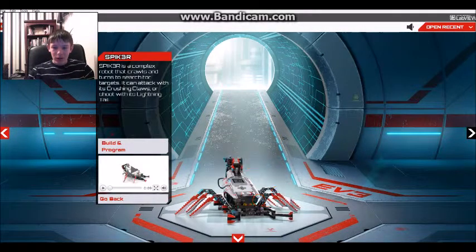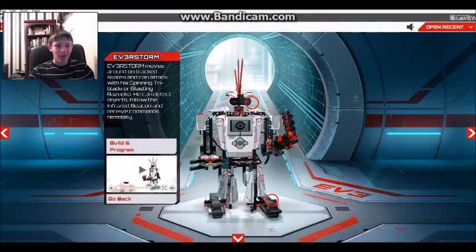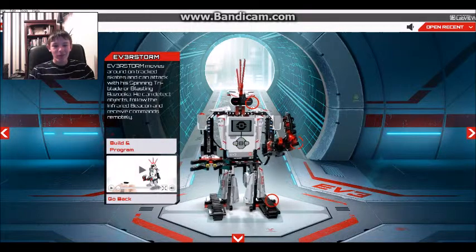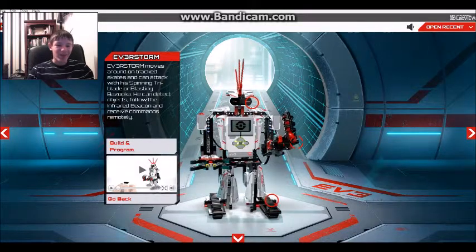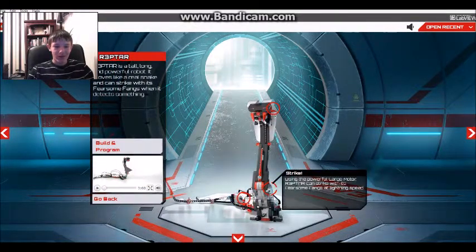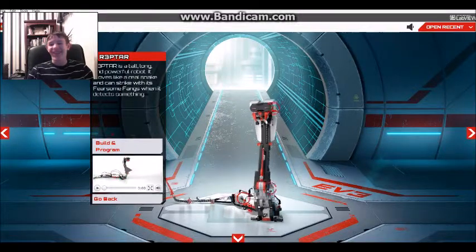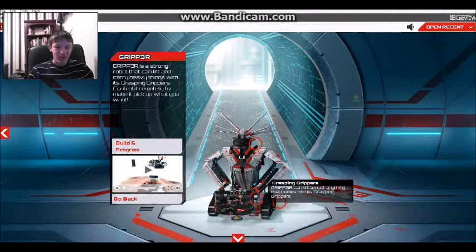But anyways, next, we have this ev3R storm. I think that's how you pronounce that. One of the attachments for this arm is you can add this launcher, and that fires. I think that's a really cool mechanism too. Next one we have is this snake thing. And finally we have Gripper, and it's basically this robot that you can drive around, and it has